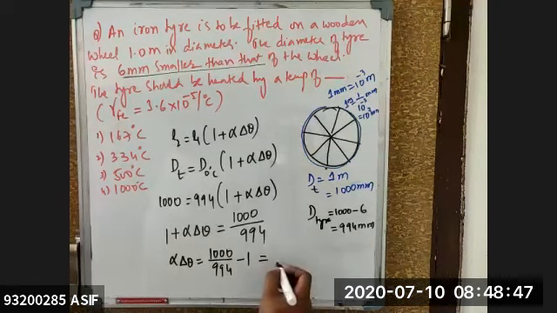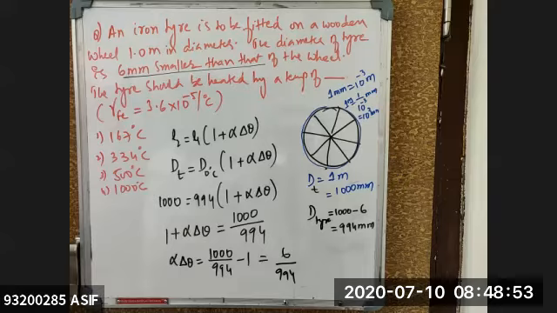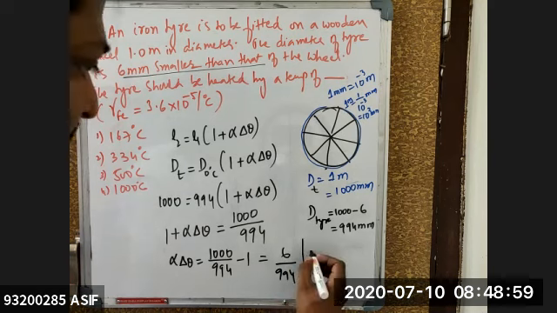Take the LCM, see how much it becomes. This will become 6 by 994. Isn't it? So I need to get the value of delta theta. So delta theta is equal to